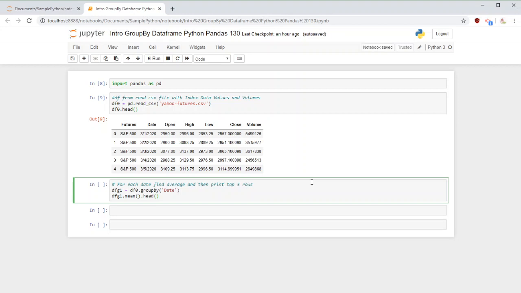We'll have one for S&P 500, one for Dow Jones, one for Nasdaq. It's going to group all those together and keep them in one data frame, and then I can play around with it. I can say get me the mean of that, show me the head on that, all that kind of stuff. So let's see.